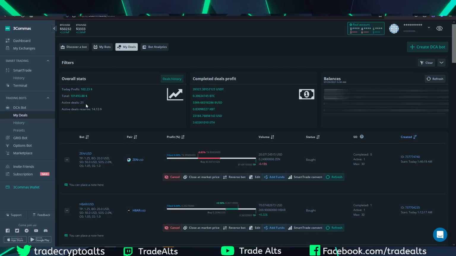And so currently, again, running 21 bots, and it's going well. It's going really well. I can't complain. Active deals reserve is really low, which is really nice to see. And then you can see two of the bots that I'm running here. With that being said, I just wanted to show you